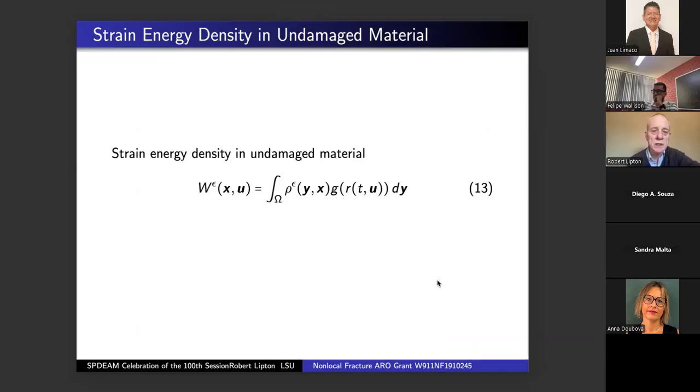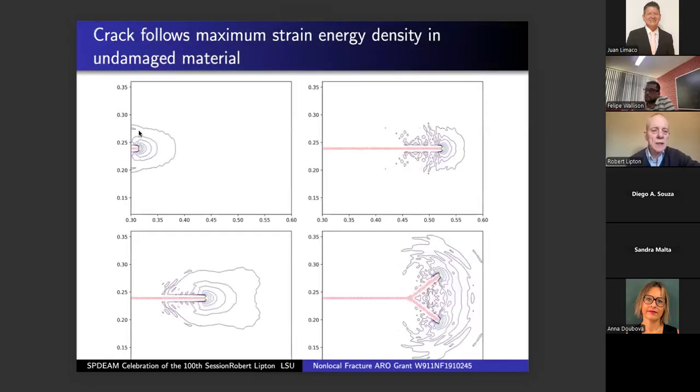Similarly, we can look at the strain energy in the undamaged material. Again, for each X, we can plot a number, and then we can take the iso lines of that number. This is the strain energy density in the undamaged material. This rho epsilon is basically just enforcing that we only look at Y's near the horizon, not Y's away from the horizon. That rho is just a kernel that is non-zero inside the ball of radius epsilon, or disk of radius epsilon. So this is the energy density. And again, we see the energy density is actually maximized just in front of the crack tip, and even when we apply more force such that it splits, it's still concentrated just in front. And this is consistent with the experimental results of